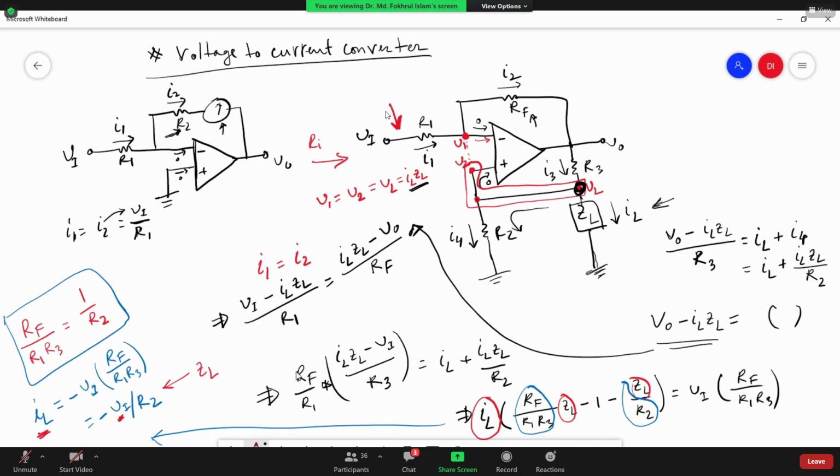If we provide a voltage follower here, then we can reduce any kind of loading effect. So this is another application, which is the voltage to current converter. If you solve example 9.5, you should maintain this relation. If it is not valid, then you need to analyze separately. Okay, in this example. And then one more application is available, another one.